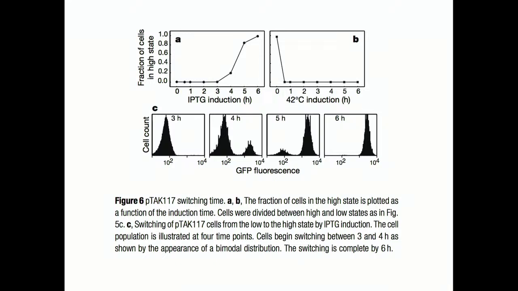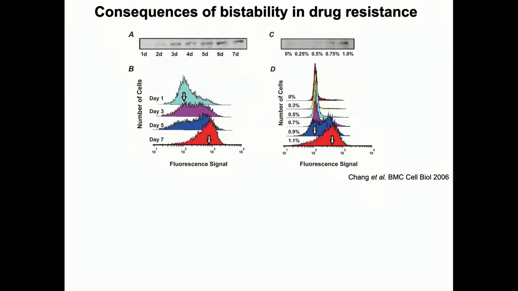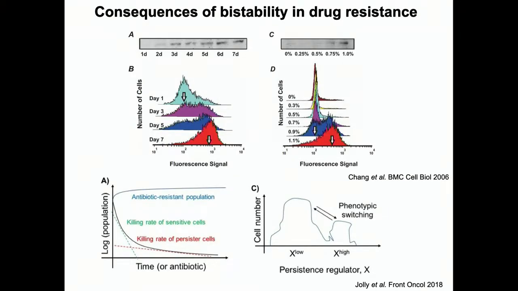Now, what are the consequences of this? Why does it matter in this case? Again, I'll present one example, in the context of bacteria. This has been seen in many bacteria by now: you take a bacterial population and you increase the dose or time of the antibiotic that you are giving,